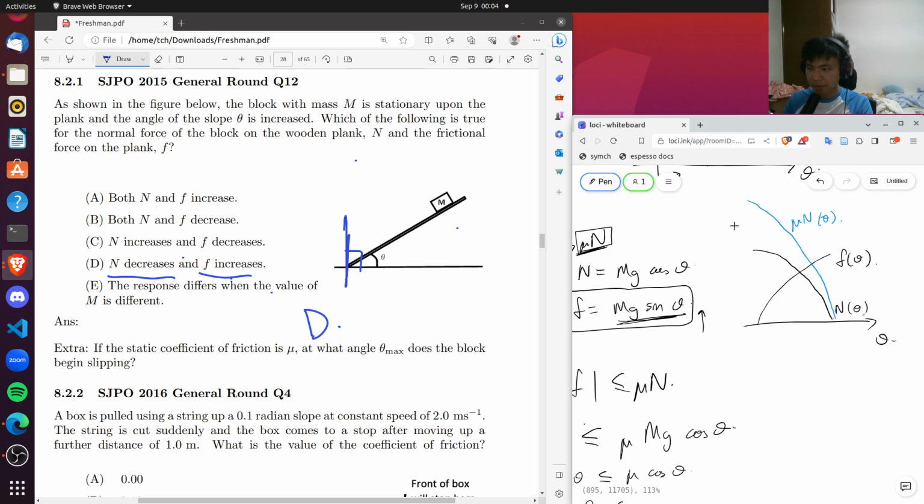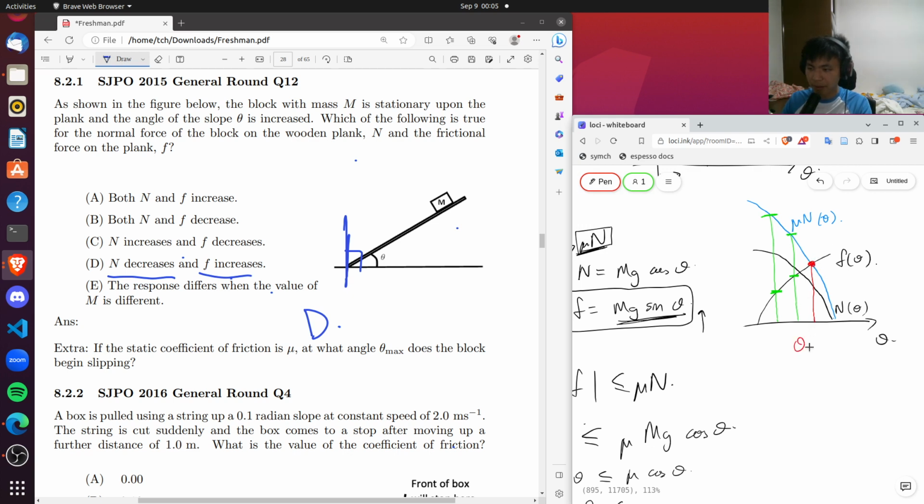So this is the graphical perspective of what we did. At this point, I'm going to use a green color because green signifies it's okay. At this point, you see that friction is less than mu N. So friction is happy, it says I can handle it. At this point, friction is less than mu N, so it says it's okay. But the moment we hit this point where the friction graph intersects the mu N graph,